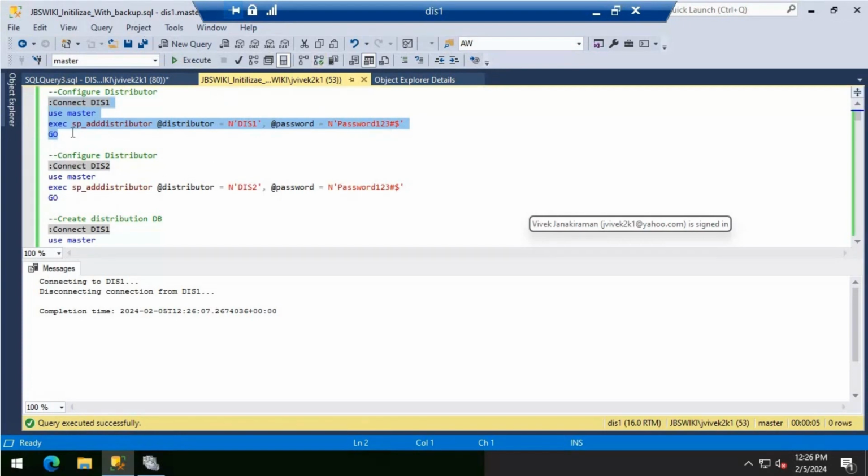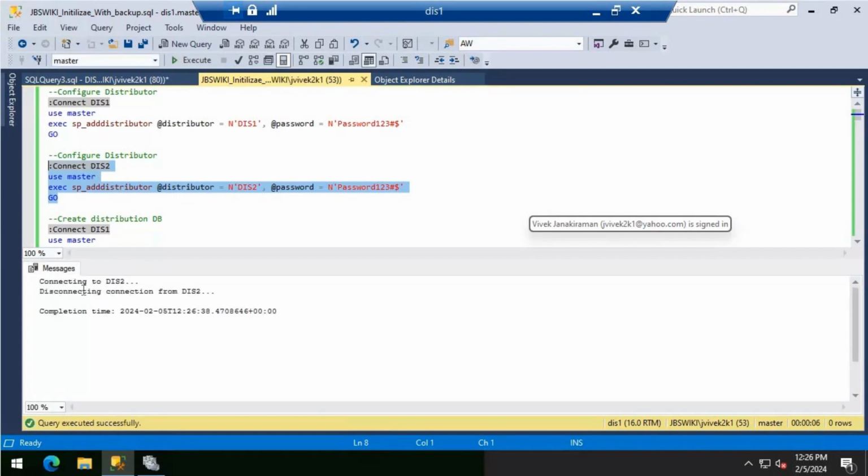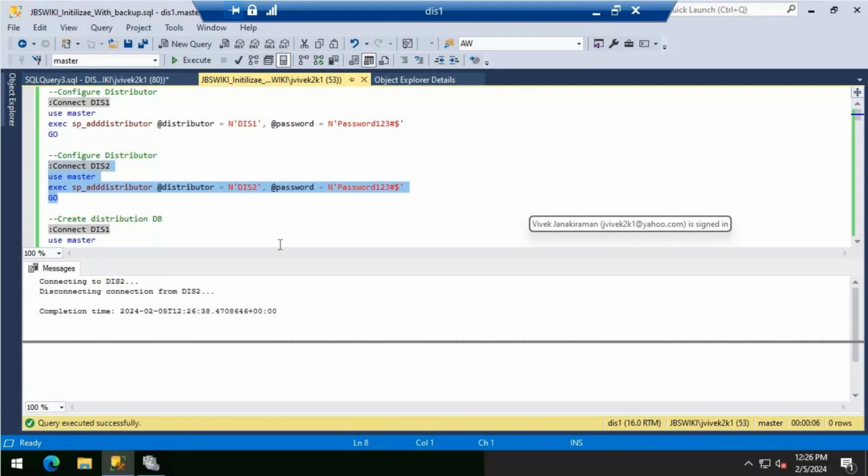Now we have executed it on the primary distributor server. Now we are going to execute it on the secondary distributor server. Let's execute it. And every time after you execute, you also need to ensure it is getting connected to that particular SQL Server. Now that we have configured the distributor,